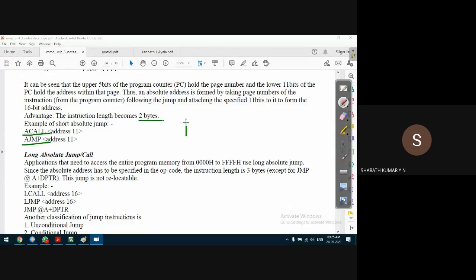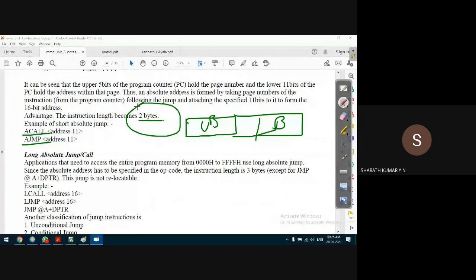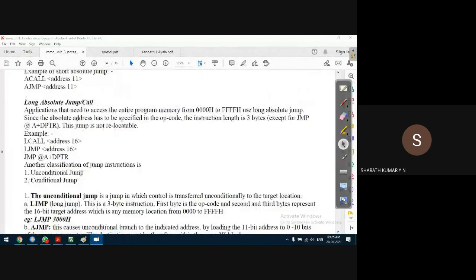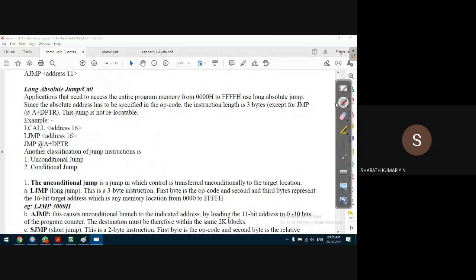The PC has 2 bytes, a lower byte and an upper byte, which together represent one complete address location. This is heavier than the relative jump, which is very small. Next is what is known as the long jump, the long absolute jump or call.